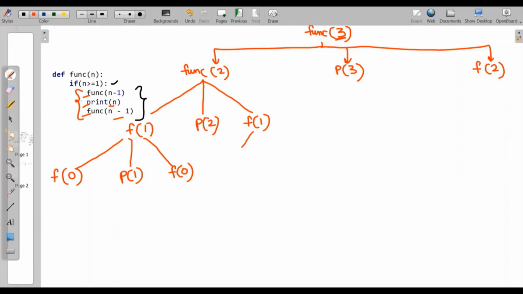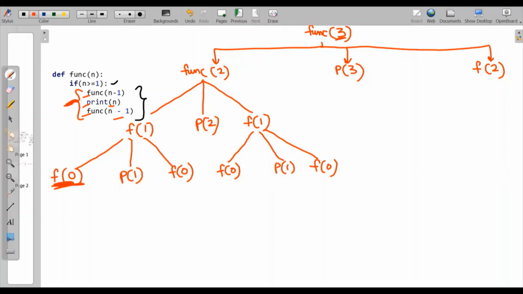So here f0. Print 1 and again f0. Here I stopped because 0 is not greater than equal to 1. Here it is failing this condition, so it won't enter these 3 lines. So this is a terminating condition.